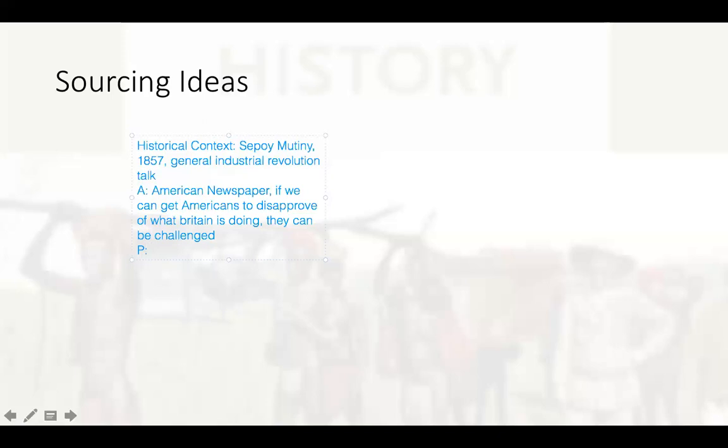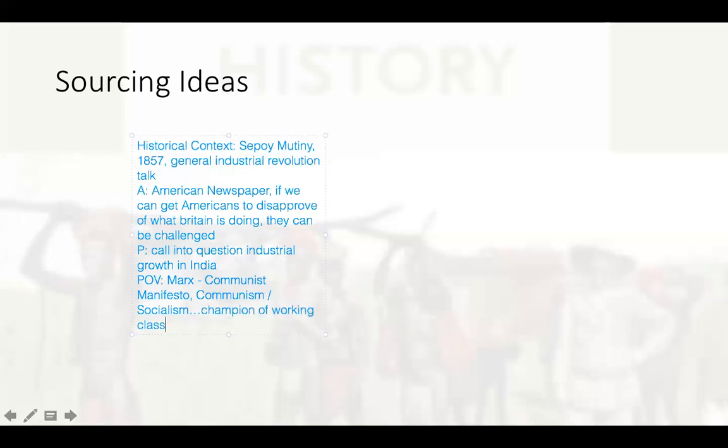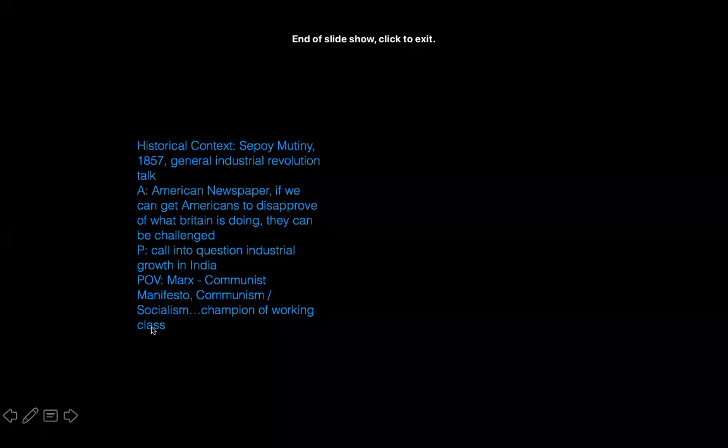Purpose, obviously, is to call into question industrial growth in India, and point of view, obviously, Karl Marx, Communist Manifesto, communism, socialism, the whole works. Obviously, he is a champion of the working class, and therefore he is going to take their side instead of that of the industrialists. Okay, so if anything, I hope that this has encouraged you to be able to read a document quickly and might even bring some peace to your understanding of that process. Okay, so